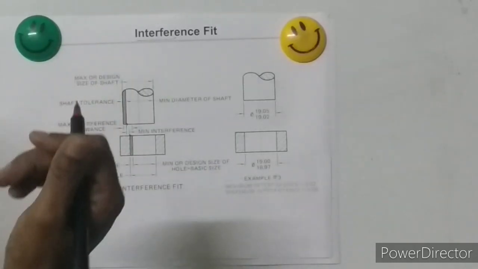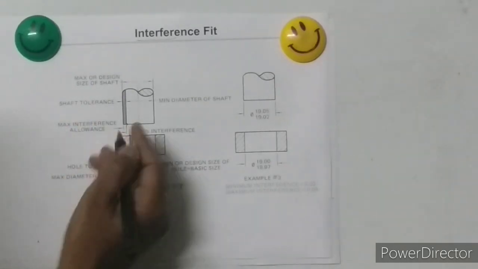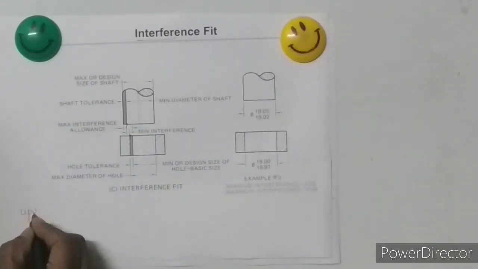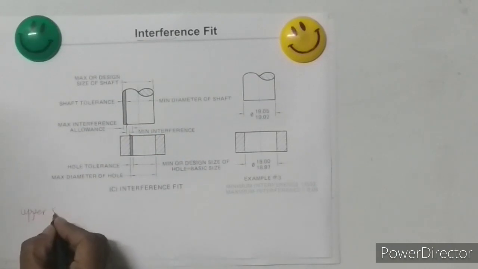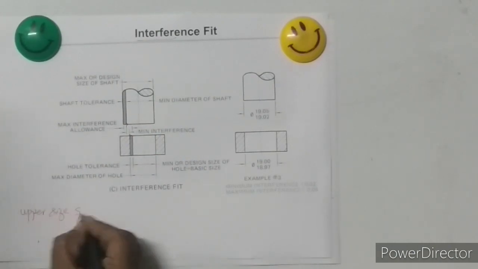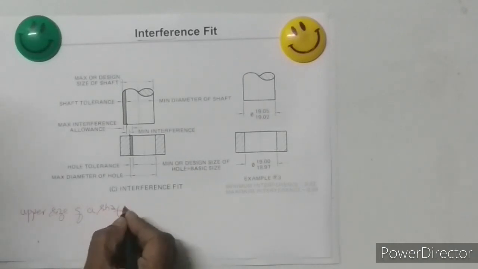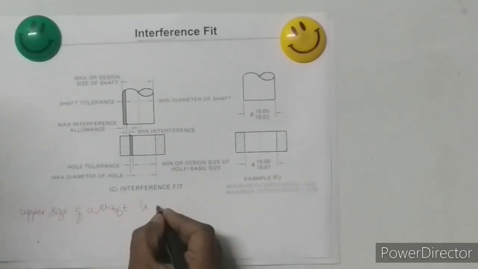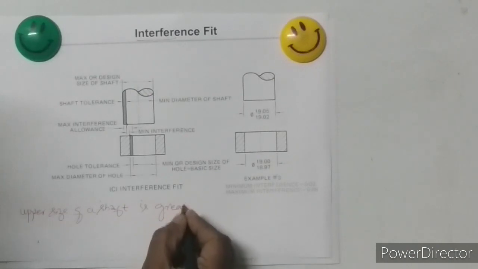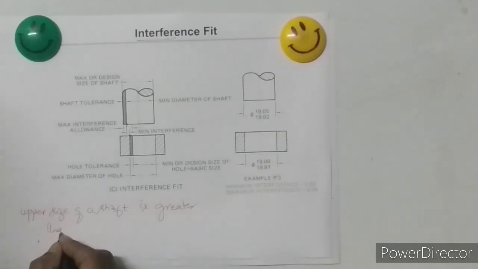So it's called interference. So let me write: the upper size of a shaft is greater than the